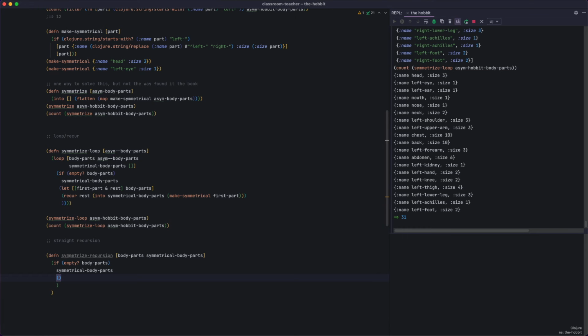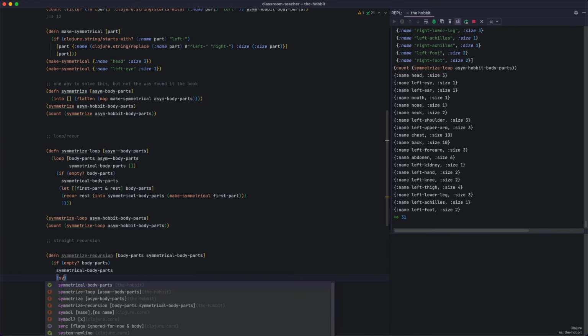Otherwise, we want to just call ourselves again. So this is the straight recursive part. There is no loop recur special form. This is just within the function calling itself again. So let's call it,